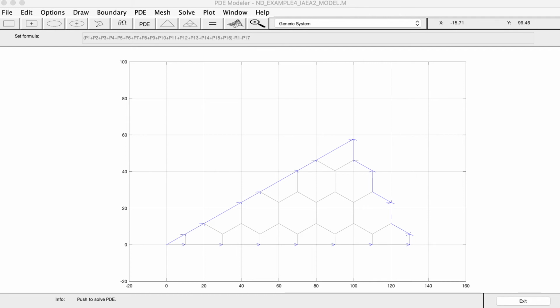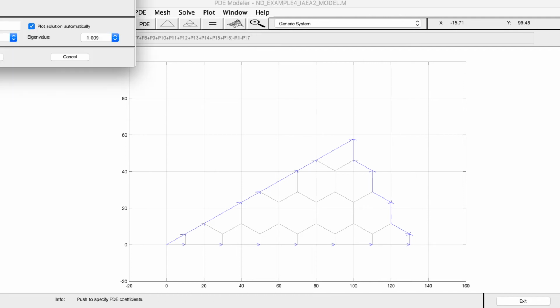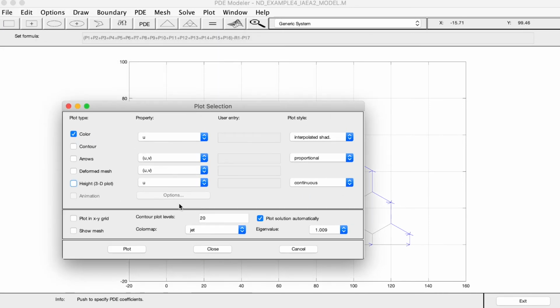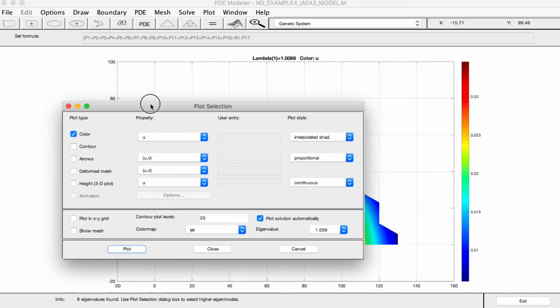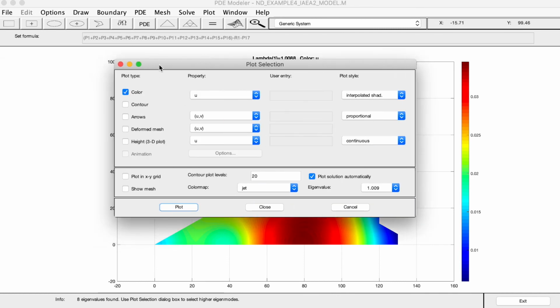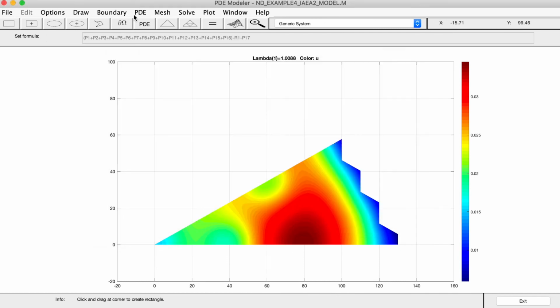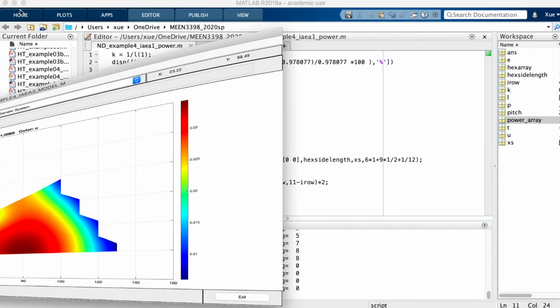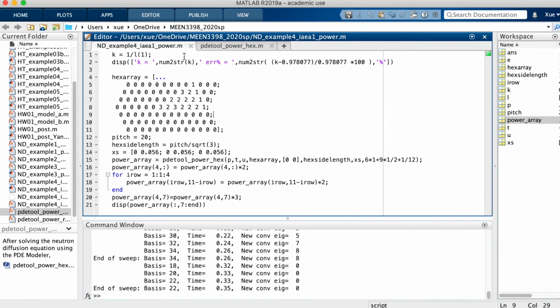Then we solve it. So this is our group 1 neutron flux, and we export the solution and export the mesh. This will overwrite our previous PTU. Then we can run this